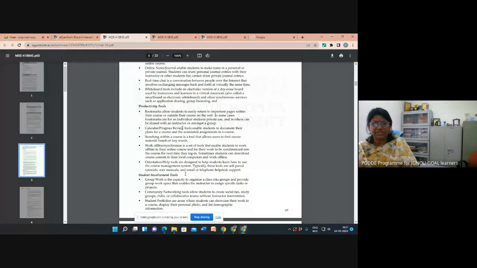As I mentioned, you can also do bookmarking, which will facilitate the student to go to a particular page and learn.